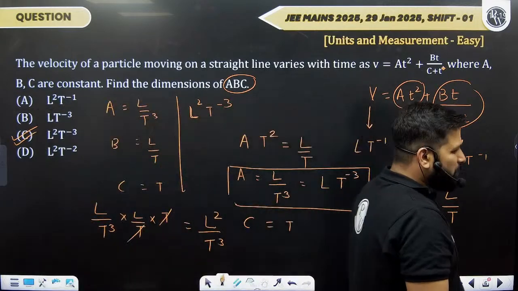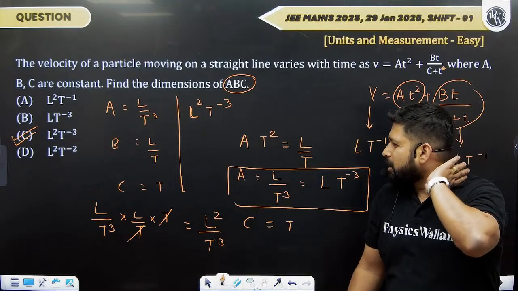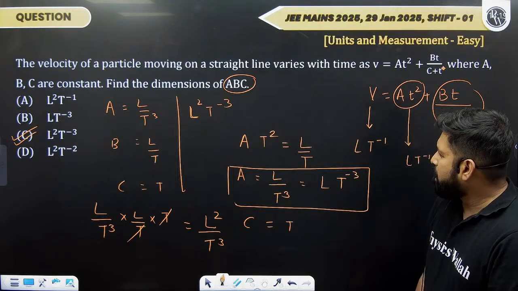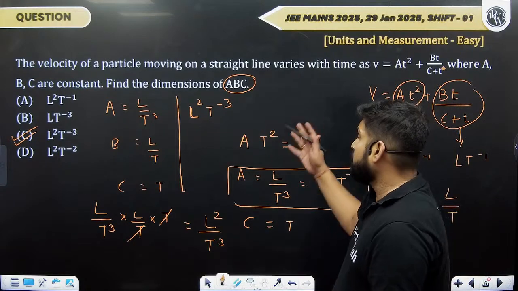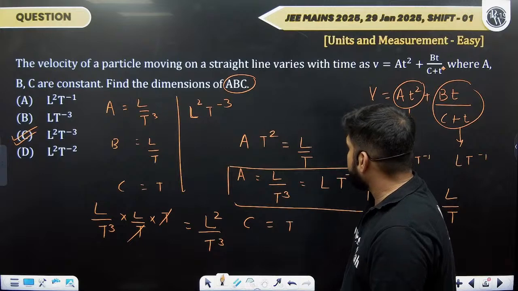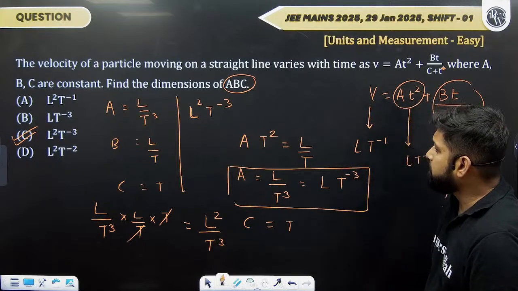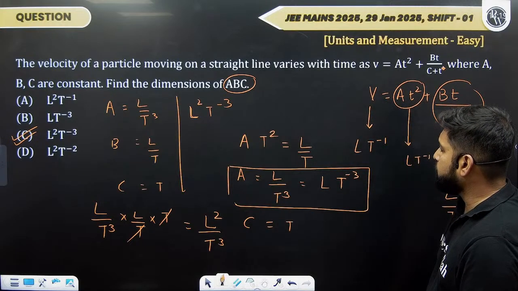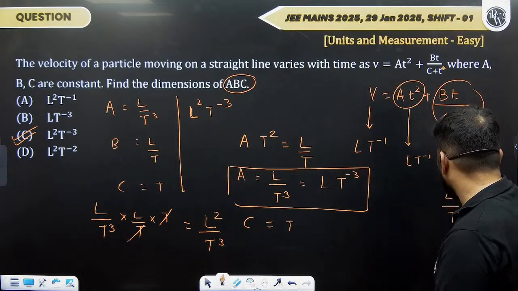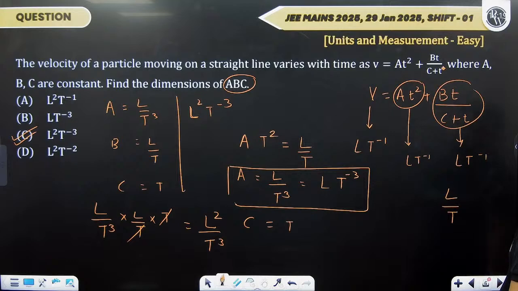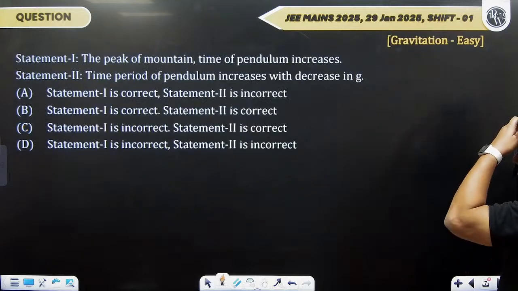So it's a very simple question. Again, we could have done it very simply, but if you are able to revisit this idea of principle of homogeneity, why not? We can simply solve it by the principle of homogeneity of the units and dimension topic, and that is what we applied. Each term must have the same dimensions. Okay, great. So option C is the right choice. Let's go to the next question.